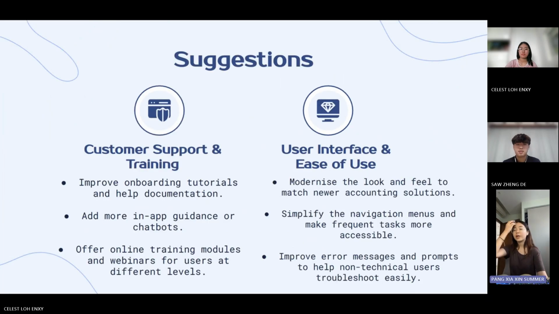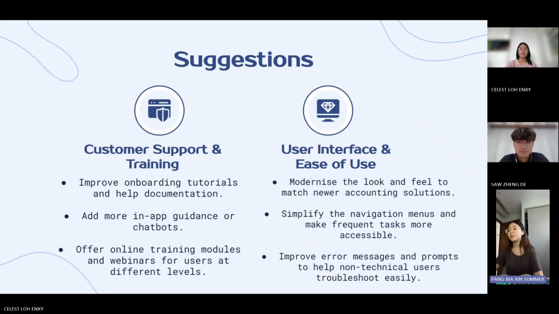So number one will be to have customer support and training, such as improving onboarding tutorials and help documentation to help new users on the onboarding process and experience, and to also add more in-app guides or chatbots to ensure that users have help constantly, and to offer online training modules and webinars for users at different levels, because there will be different types of users who want basic things or the expert level on using the